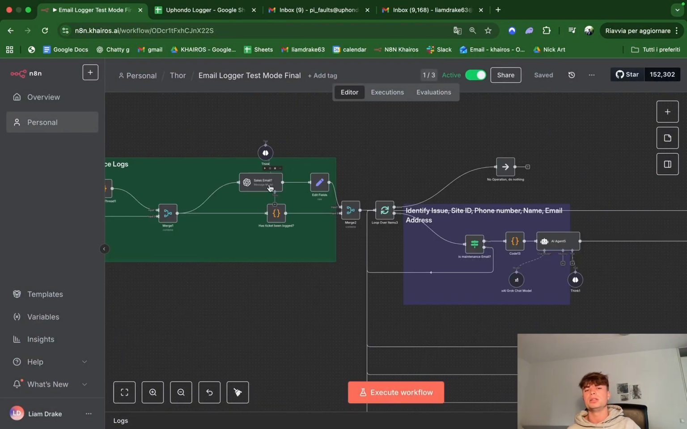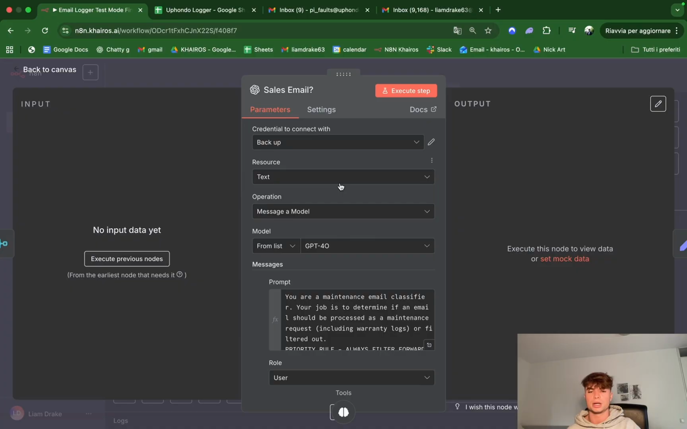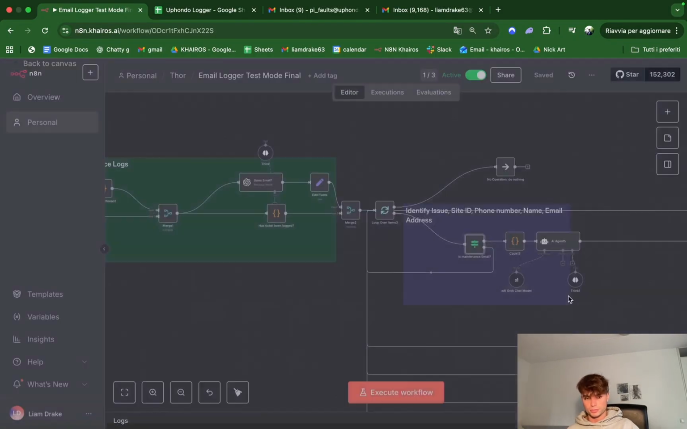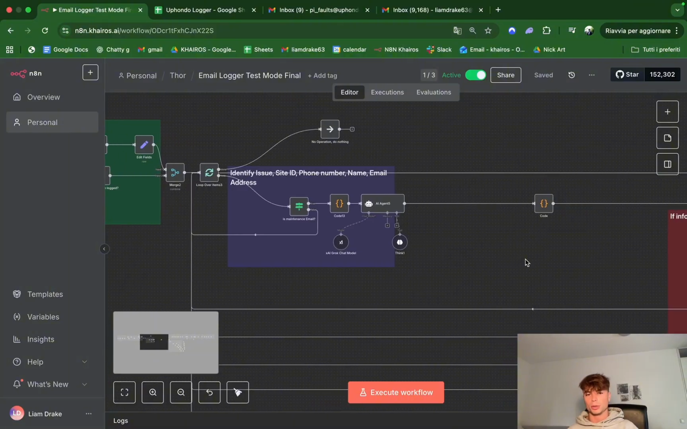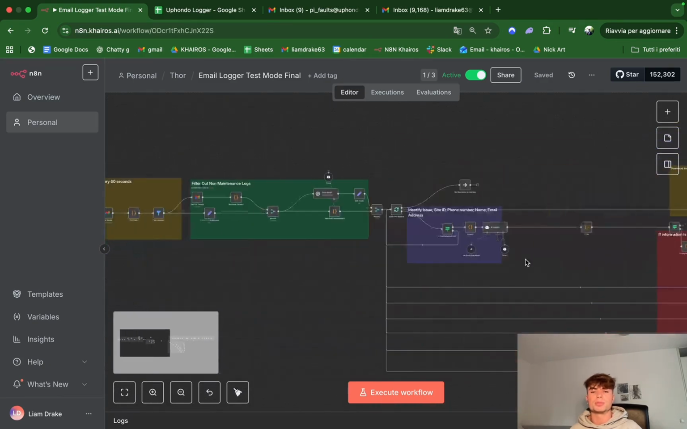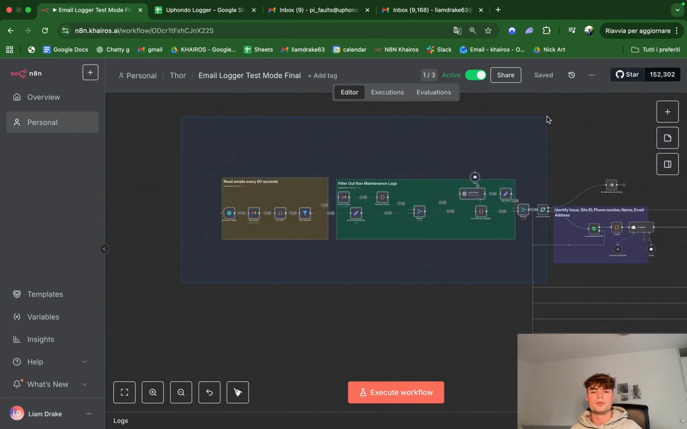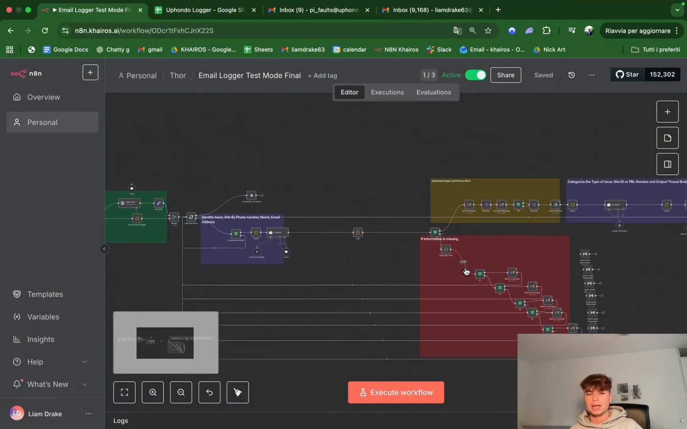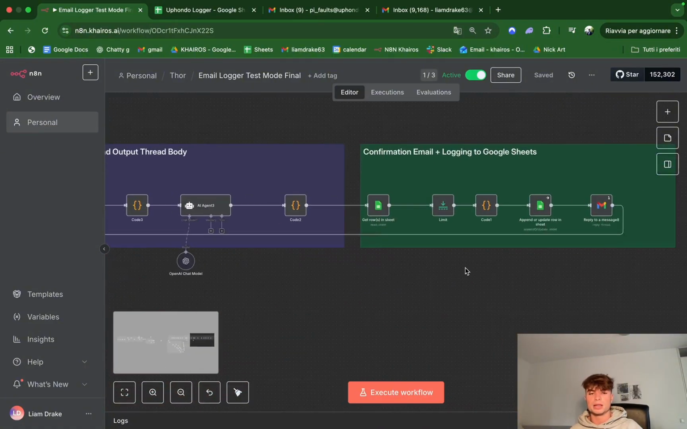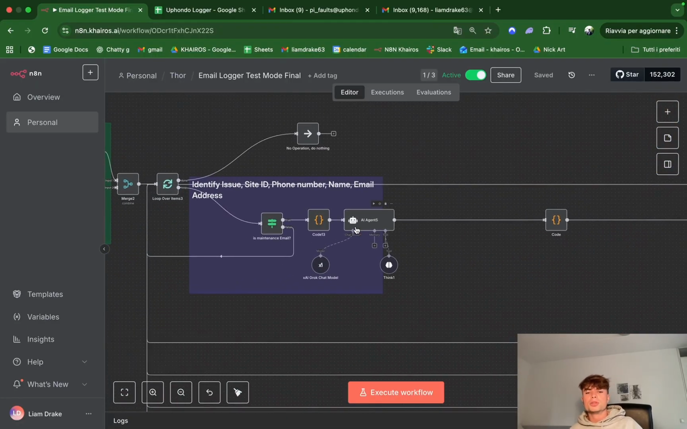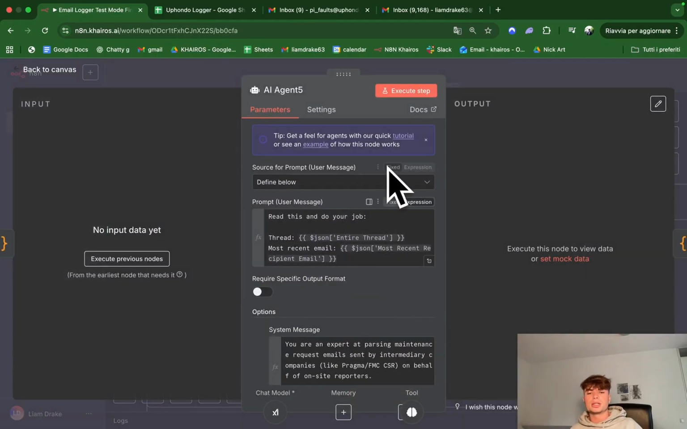If it is deemed by this filter node that it is an email we should look at, it will pass through this if node, and it will begin with the main part of the automation. So the reason I say it's not too complex is because it looks complex, because the whole first part is just filtering out bad emails and reformatting the thread, but the main actual automation lies here in this second half. So this agent here, it looks at the thread,